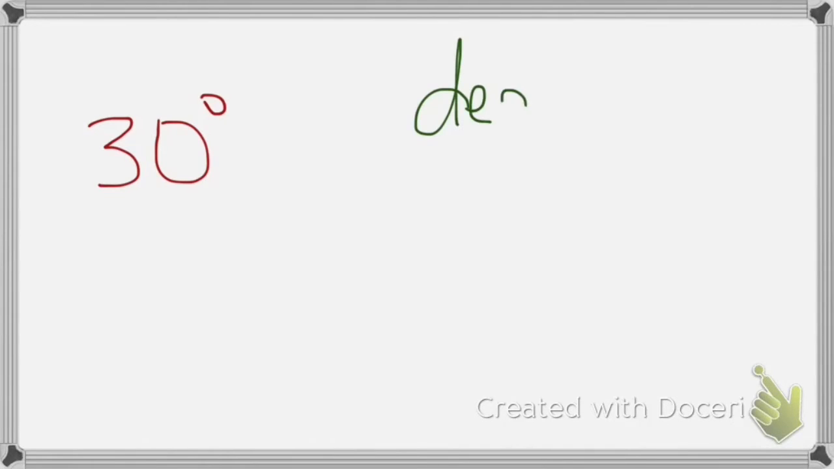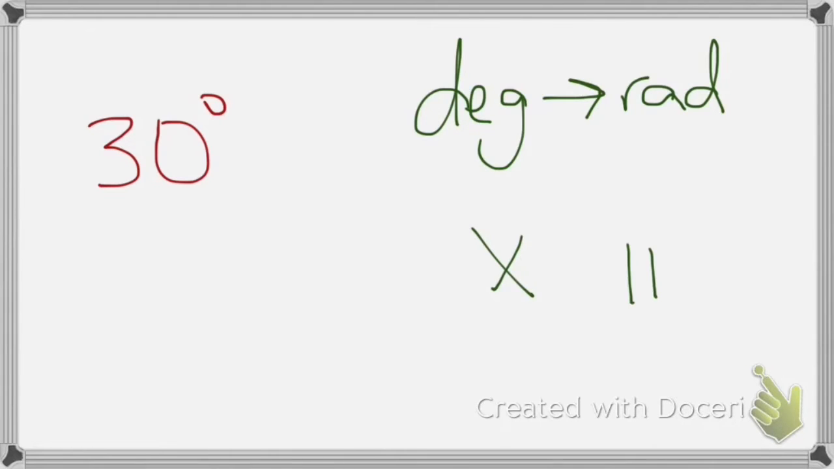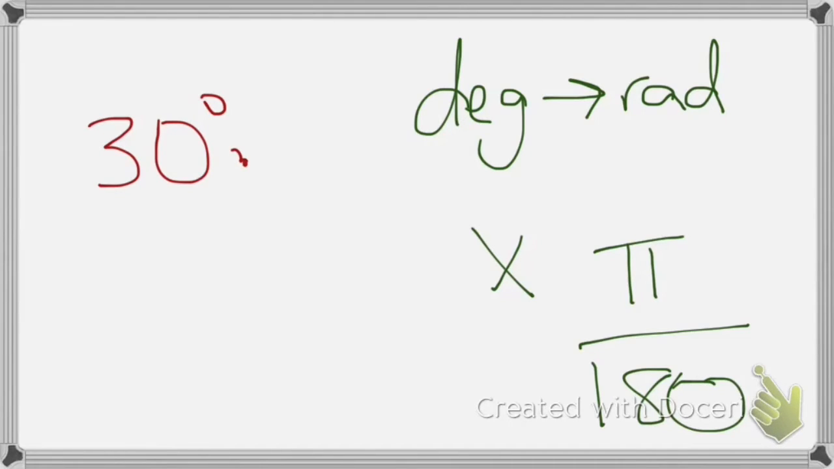Alright, so let's say there's an example, 30 degrees. Say we want to make 30 degrees into radians. Okay, so to go from degrees to radians, this is what you do. To go from degrees to radians, you multiply by pi over 180. So if we want to make 30 degrees into radians, 30 times